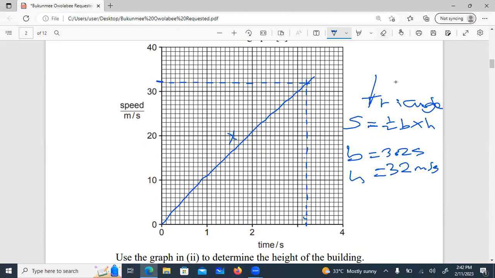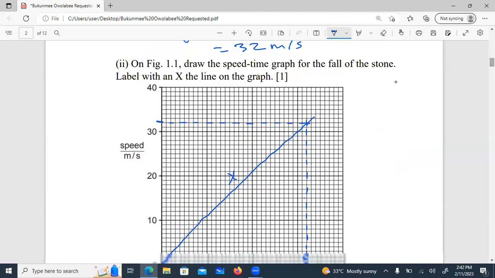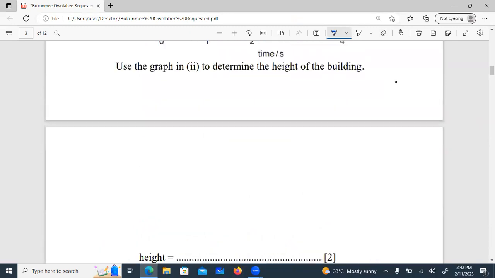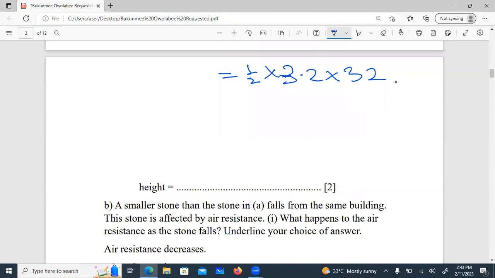Okay, good. So let me wipe this off so you can go and solve it on the space provided on the answer booklets. All right, so let's go straight into that. Your height or the distance is half base times height, and that is equal to half times your base is 3.2, and the height is 32. And that will give you